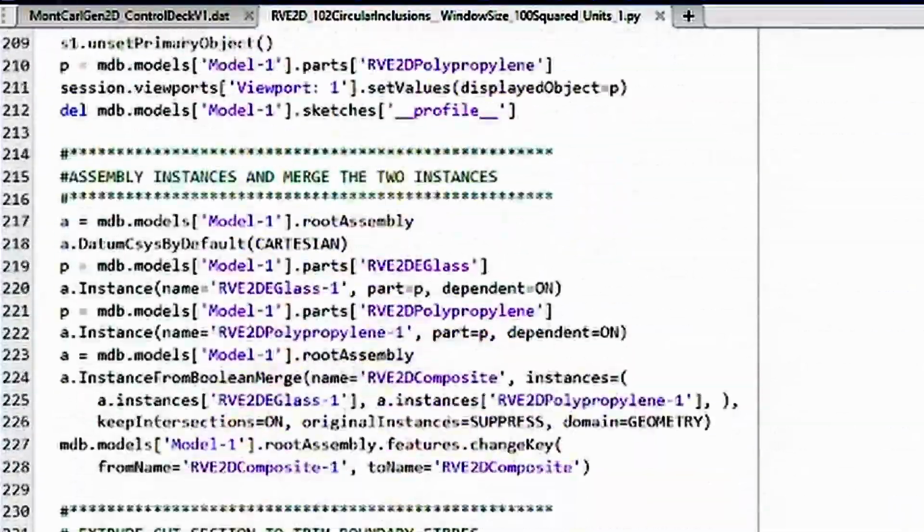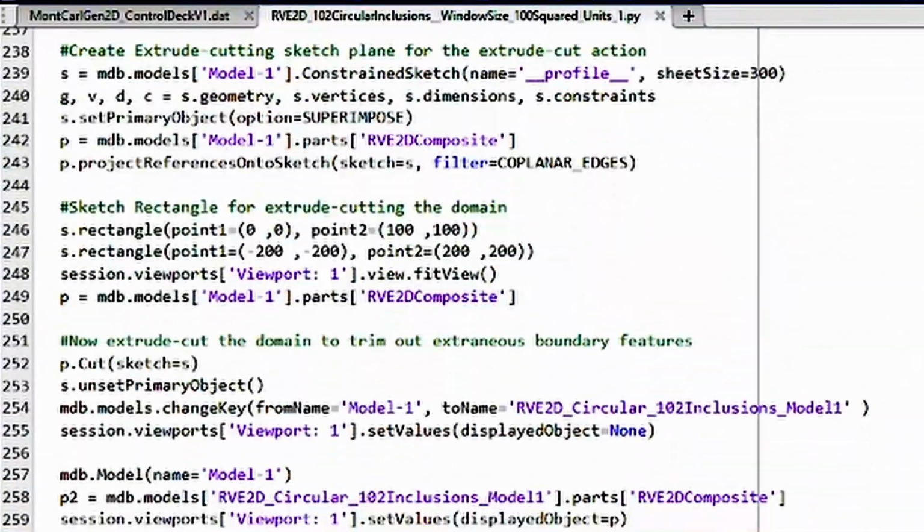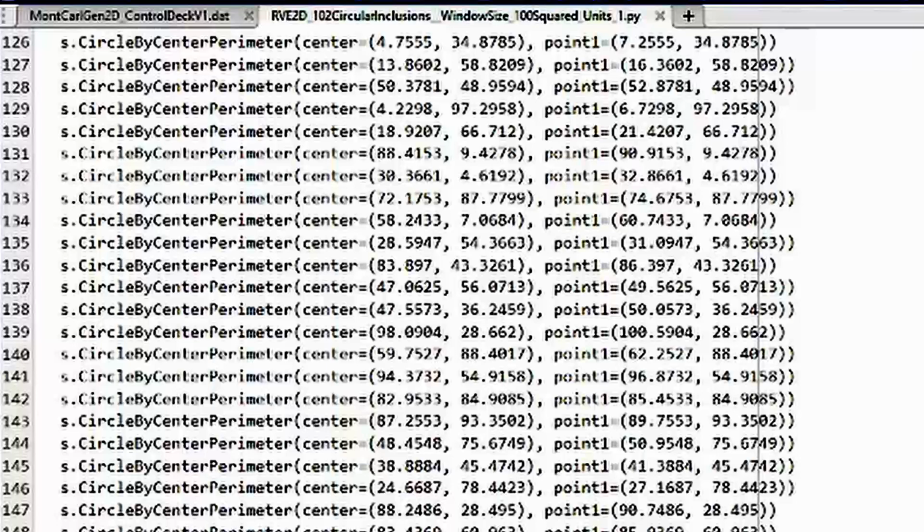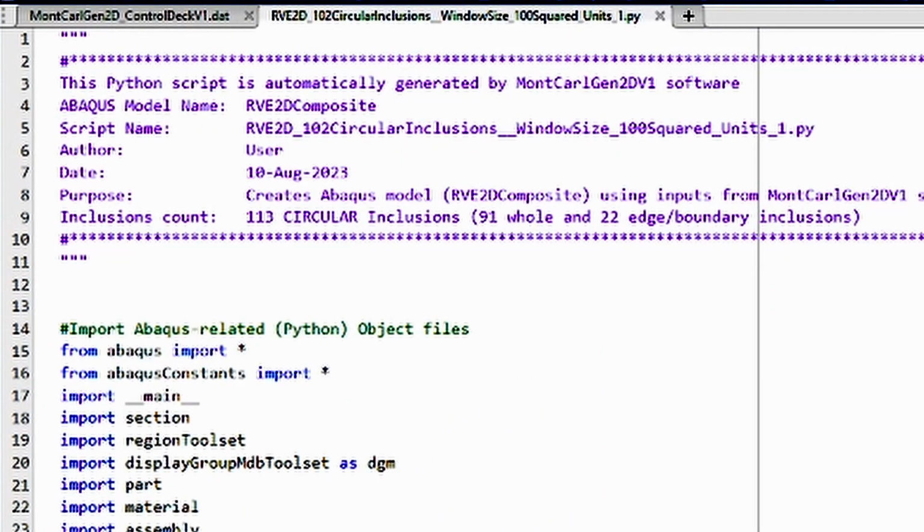So essentially, what we're seeing visually, using this MATLAB graphical input, can also be translated directly to ABAQUS by simply